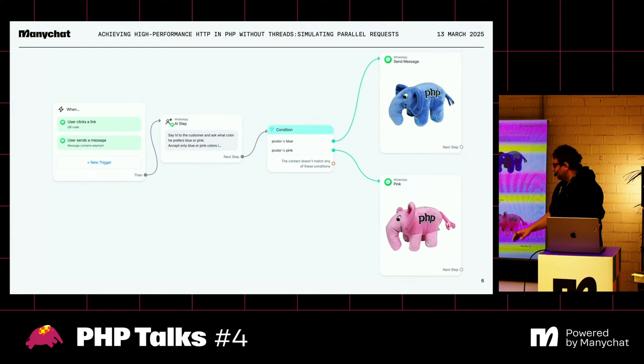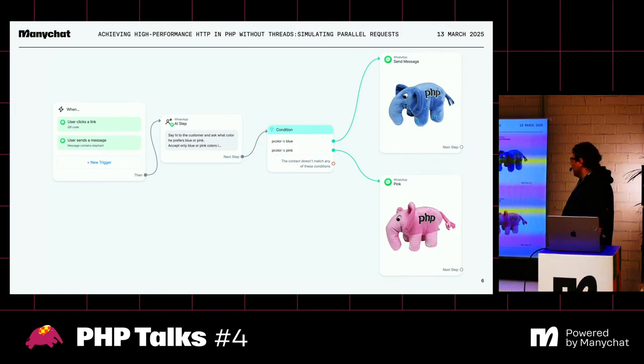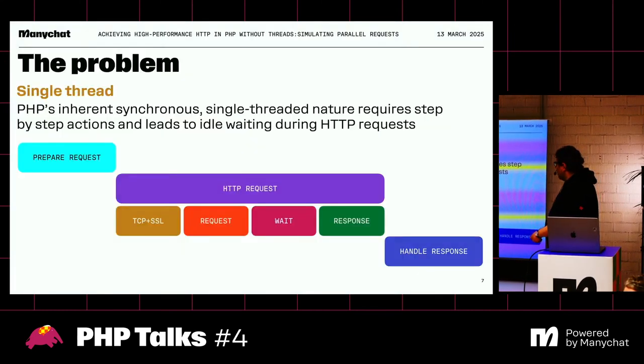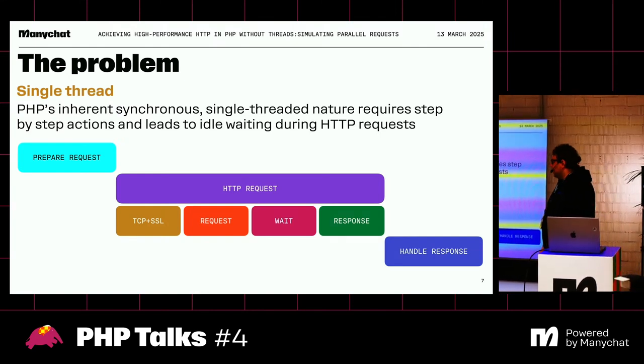There are lots of other options. You can even make your own integration using this visual flow, making HTTP requests to your own system. But I would like to focus on this case as a simple one. So you can imagine that we make a lot of HTTP requests, and the problem with HTTP requests in PHP